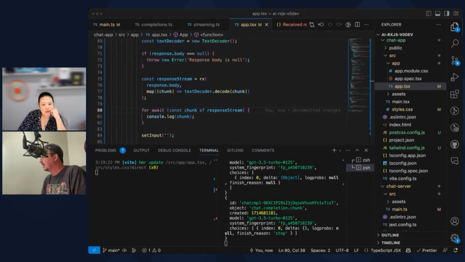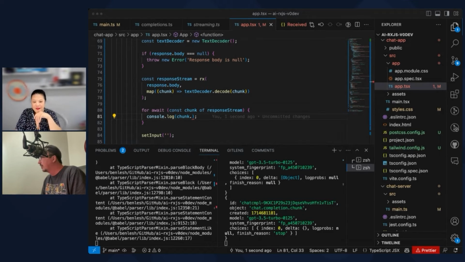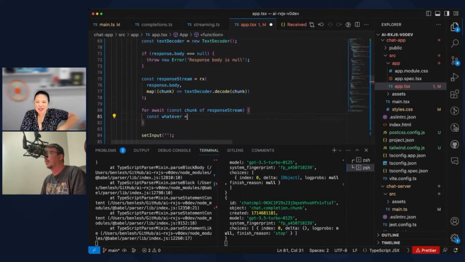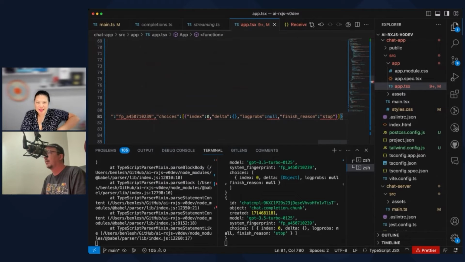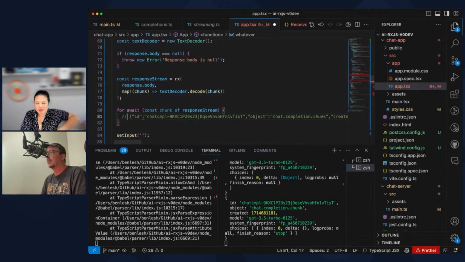Let's just see if any of this actually maps out to anything. So choices index 0. Here, what we want to do is log out chunk dot. So bad. You know, it's really the 80-20 rule, isn't it? Or not the 80-20 rule, the, what is it called? The last mile, the last 20%. Maybe it is the 80-20 rule.